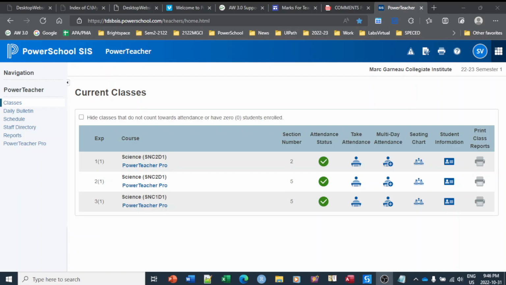This video is a documentation of how to create your own comment bank in PowerTeacher Pro. Once you come to the PowerTeacher Pro class or website, on the left side you can see PowerTeacher Pro. Select that. It will take you to the first default class, or you can select whichever classes you need to